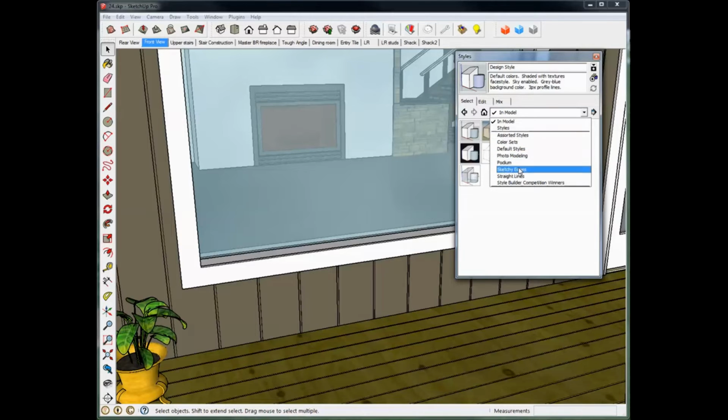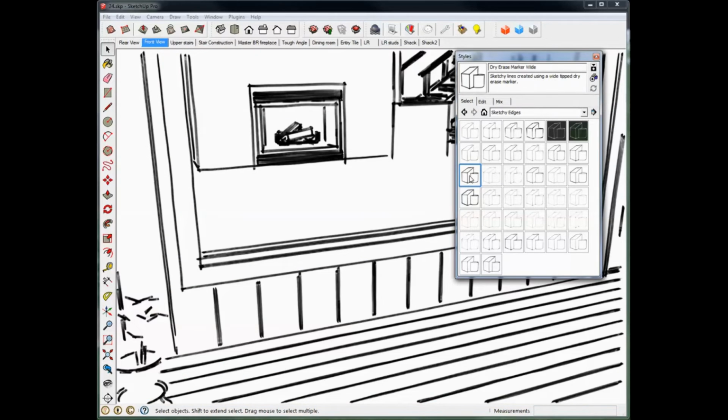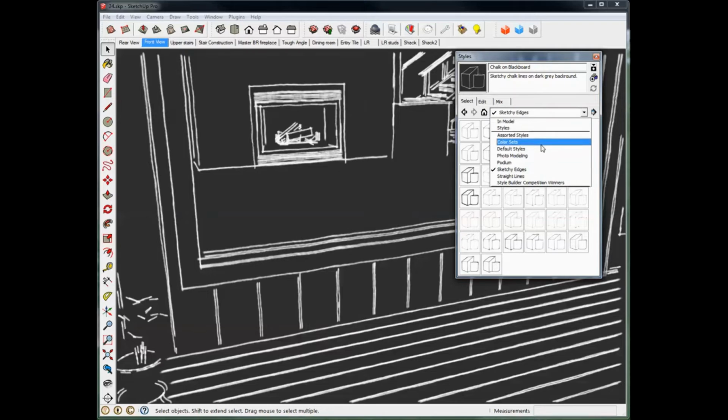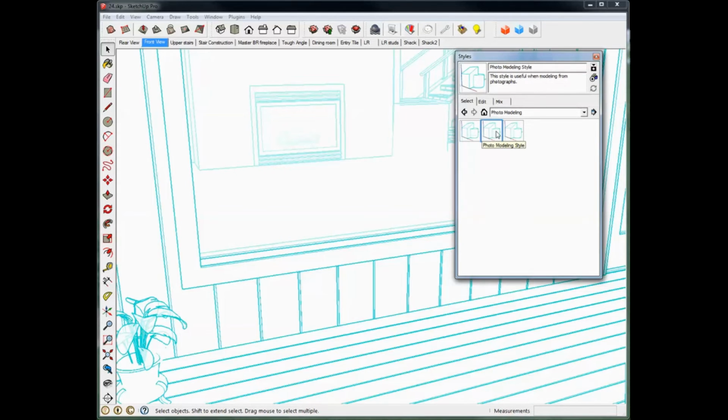But you can go in and pick a style and change your drawing to these different styles. It's an artistic thing, and really doesn't help you to draw. Matter of fact, it's about impossible to draw with certain styles. But you can go in and